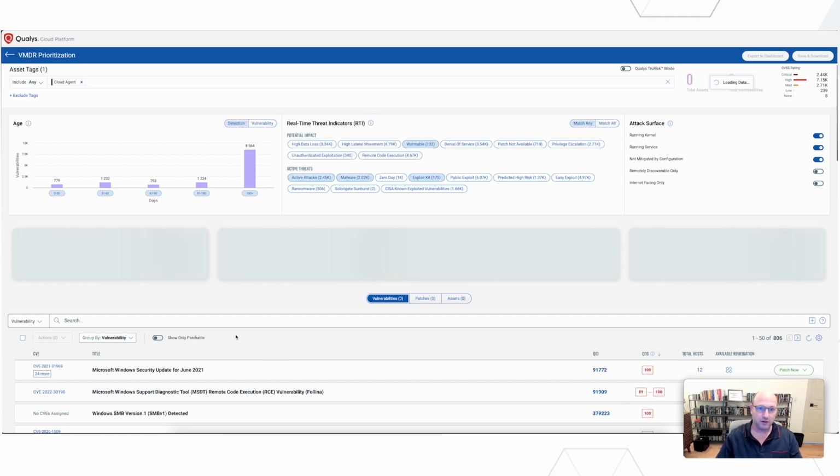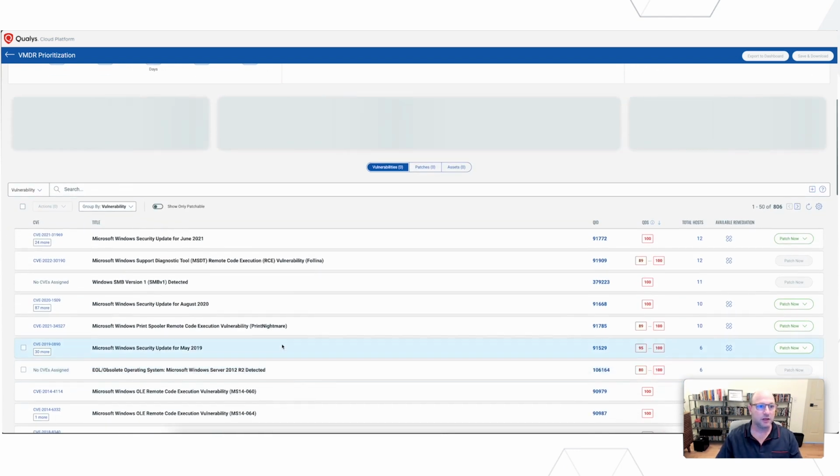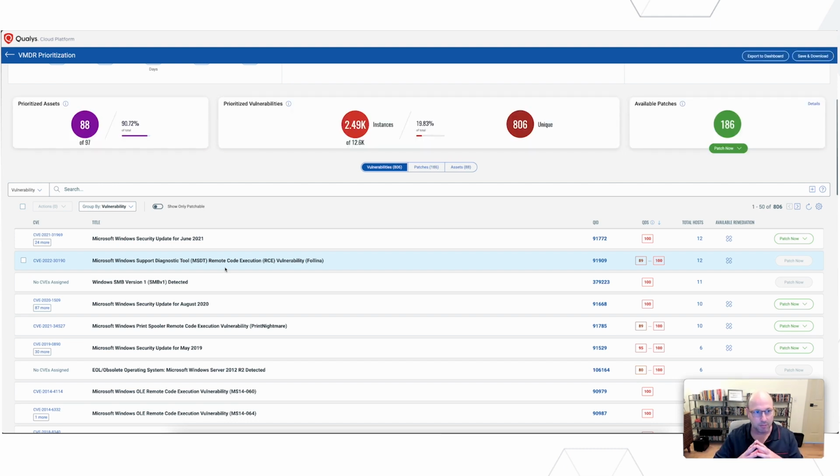address. And you can see here, the report is rendered, and this vulnerability is the first one, from June 2021. So remember, this is a very old vulnerability. It has a QDS score, so the true risk is 200. This is something I really want to patch. Now remember, we said the vulnerability doesn't equal a patch, and remember what we talked about mapping. Because the vulnerability is not equal to a patch,